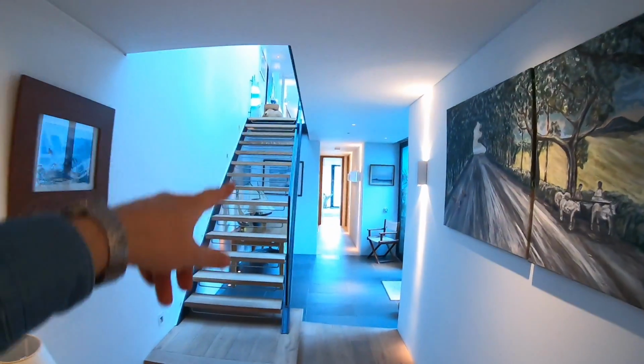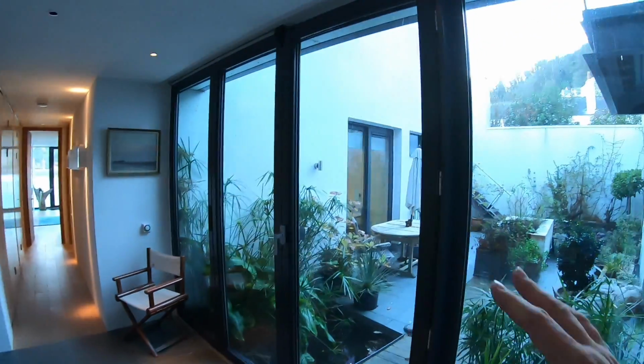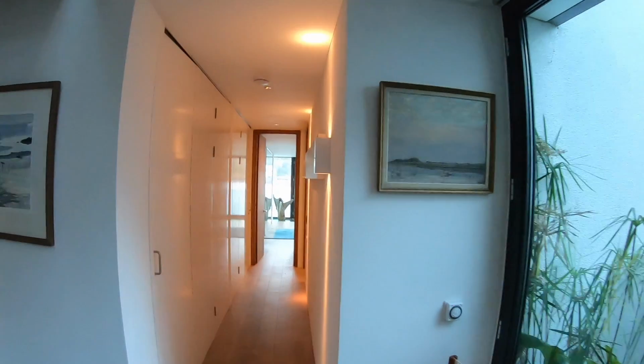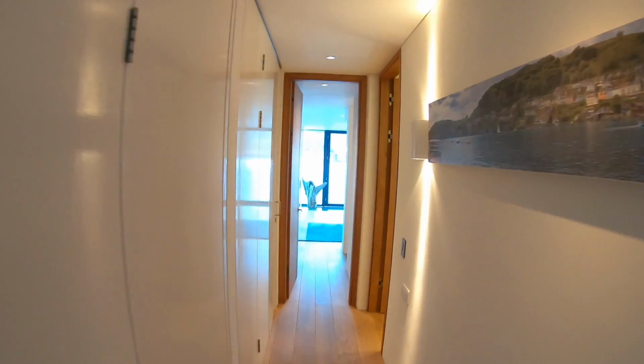This is another stairway down, and if we look to the right now, you can see there's a courtyard here as well. But let's carry on a bit further. This, incidentally, is the laundry. In fact, it's a utility room. So, and I think looking at those doors, it looks like it opens right up if you wanted to. Okay, but let's press on back,